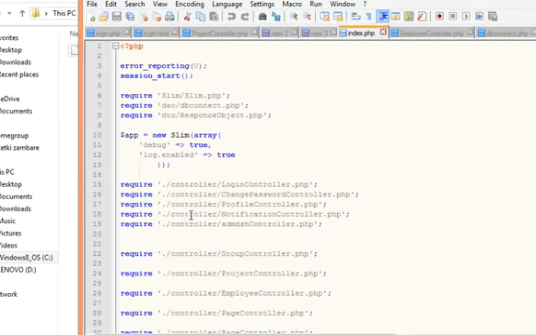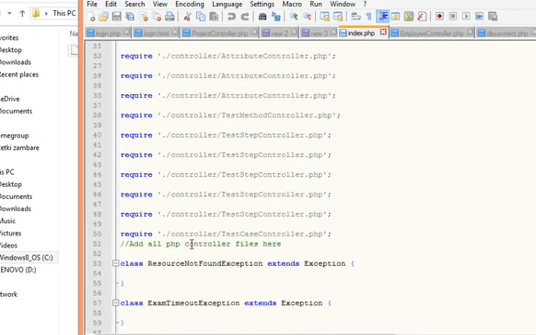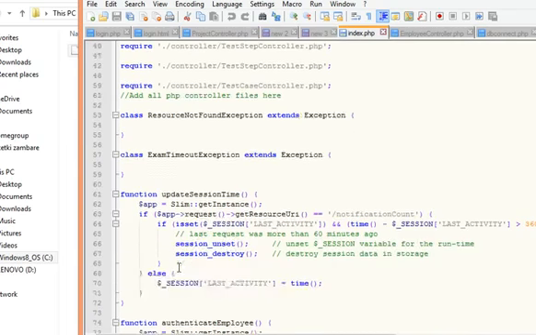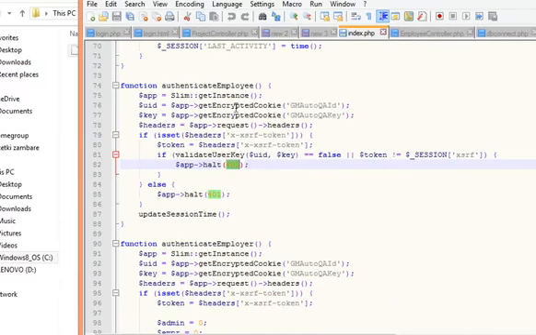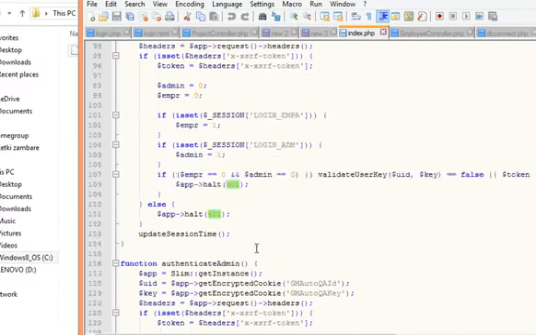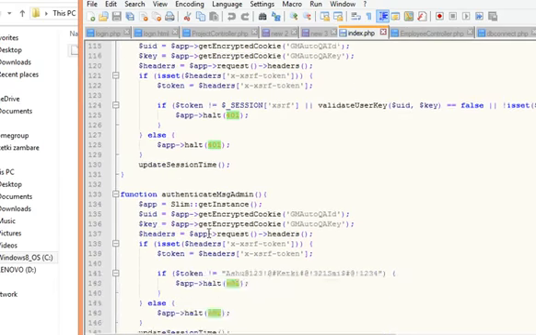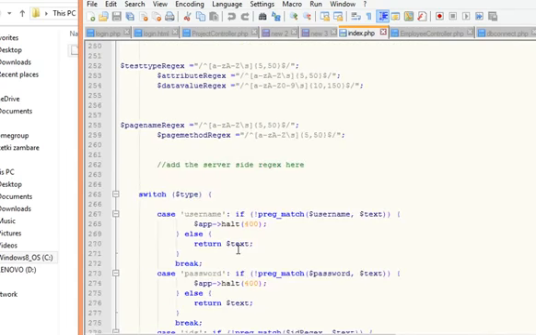Then before that you need to create the controllers of respective domains, and then include that, create a class for resource not found, and then you can create the middlewares like authenticate employee, authenticate employer to authenticate the users and their roles. Then you can create the validated input by using regular expressions to validate them,